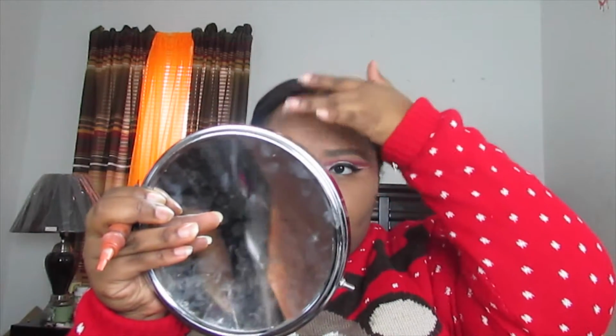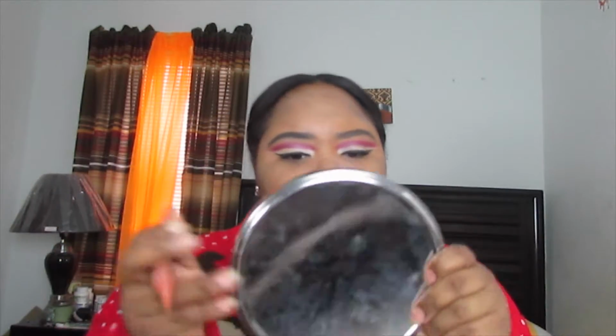I'm gonna do some color correcting because my skin has not been loving me at the minute. You know, she broke out all over, but it's okay because I'm trying to get my skin back to normal. I don't even know how I broke out, but I did. And I think it's hormonal, probably. Probably is hormonal. And I'm getting older, so probably another reason, you know. But yeah. Anyway,